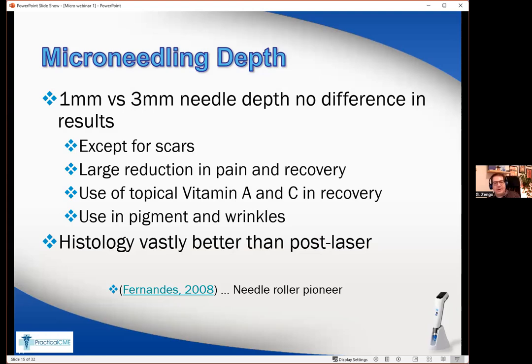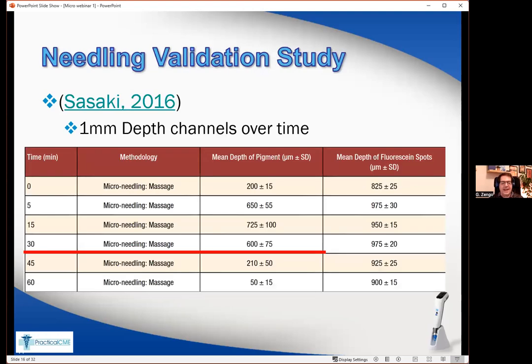Of course, we have much better products to use now in recovery afterwards. And of course, the histology was vastly different than post-laser because you did not have the heat effect. Now, I showed this in the last webinar, but just as a bit of a counterpoint, this used a microneedling